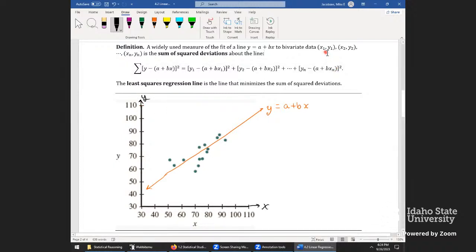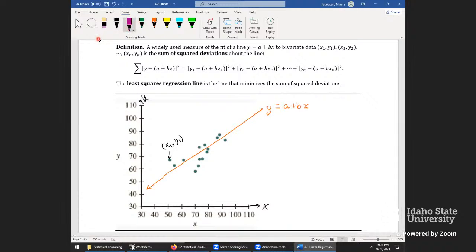So each one of these is a point (x, y). (x1, y1) is just saying that would be the first point. (x2, y2) is the second point, all along till we get to the last point, which we'll call (xn, yn). Let's focus on this one. Let's call it our first point. This is x1, y1. And the thing that we're trying to optimize to make this line the best it could possibly be